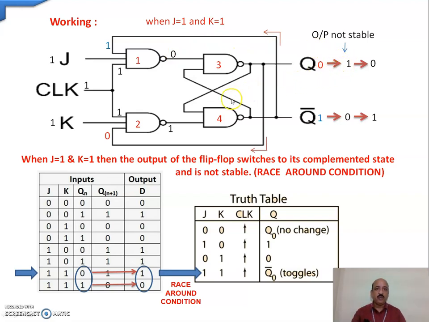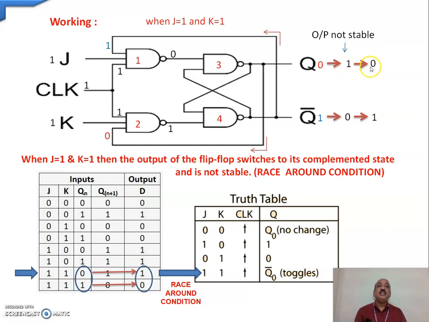That will be the feedback for the fourth NAND gate. Here both the inputs are 1, 1, therefore the output will be low. Here we can see that 0 has converted to 1. We assume that it will remain stable, but unfortunately, because of the feedback mechanism, the 1 of the Q will be the input for the second NAND gate and the 0 of the Q bar will be the input for the first NAND gate, and again we see that the output will change from 1 to 0. So we see that 0 will become 1, and 1 will become 0.